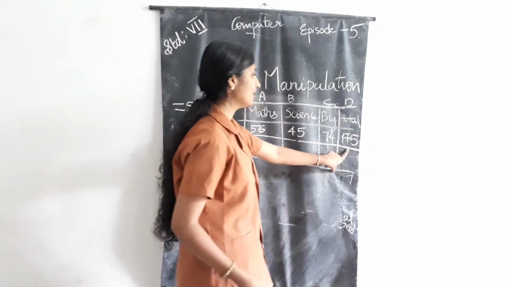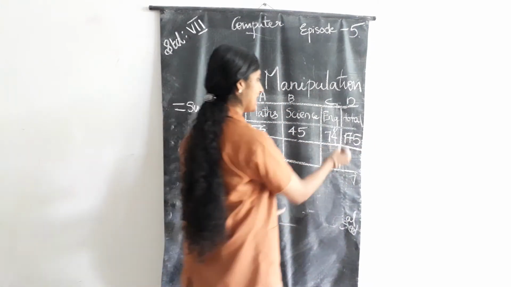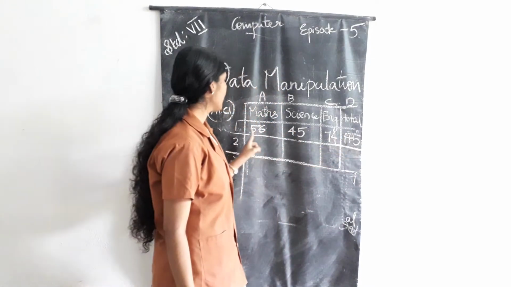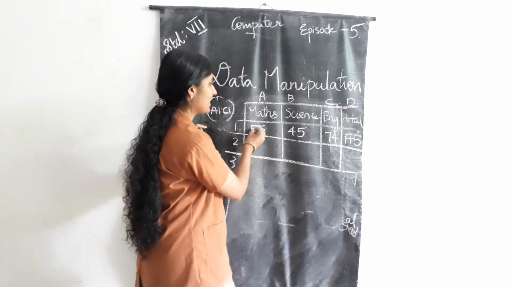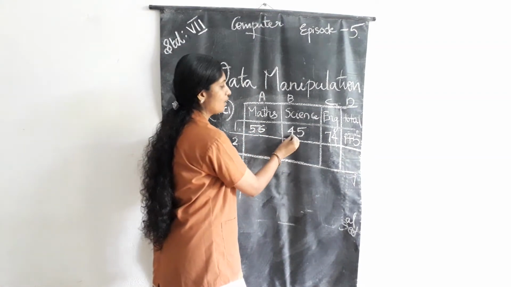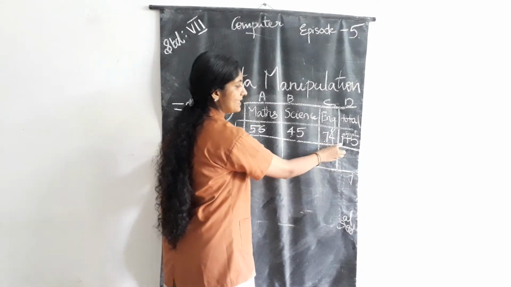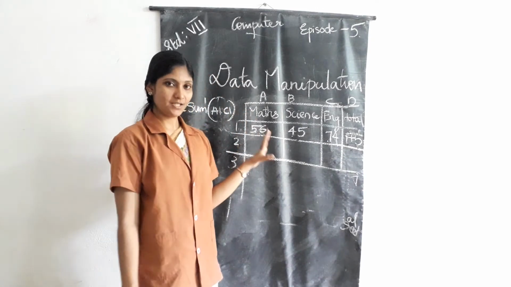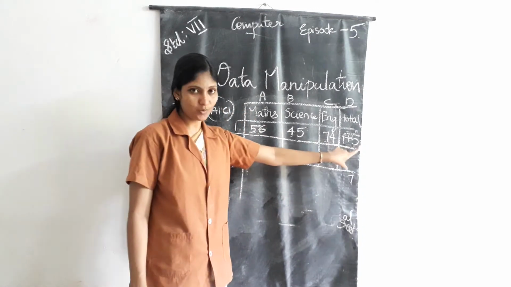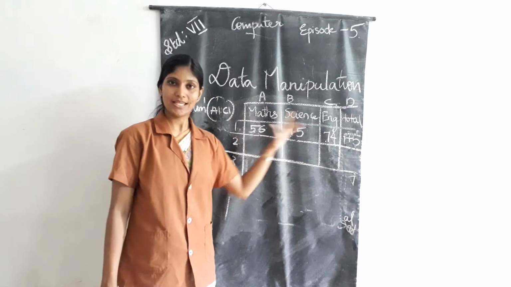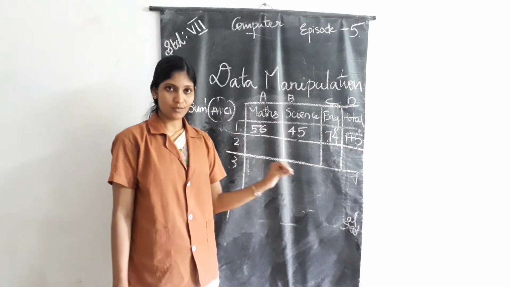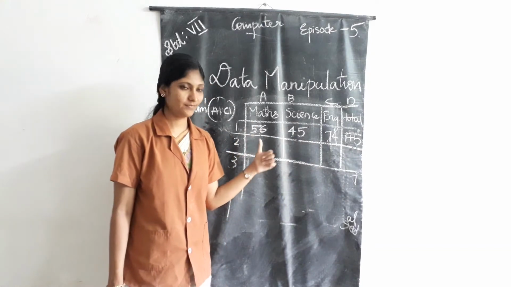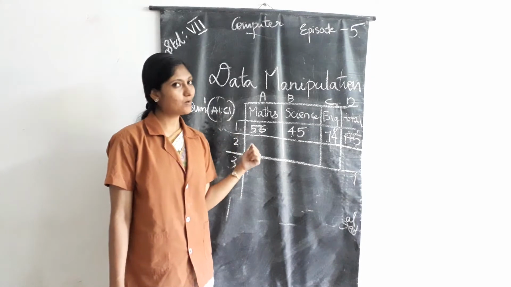That means here you can enter the formula, that is equal to symbol and function name is sum. So you could enter the range of cells. Here we can calculate 56 plus 45 plus 74, that is equal to 175. Then the Goal Seek option means we can change the output. So you need to know, if you want to change the output, you must change the input. That is the use of the Goal Seek option.